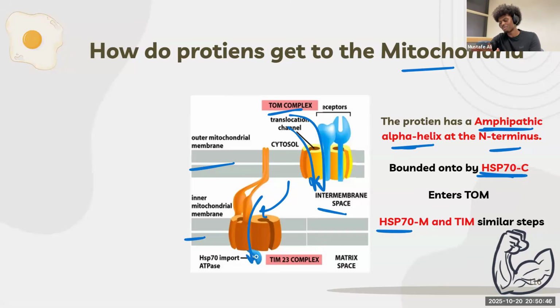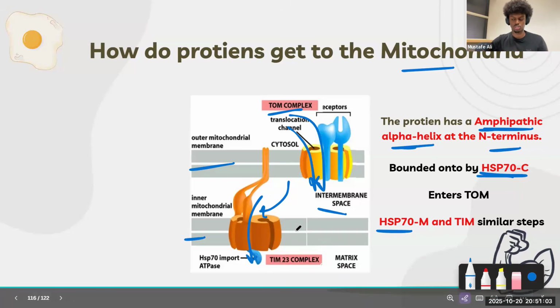Now, the N terminus of a peptide, I believe, is the amine end of the peptide. We talked about it really earlier on, I think. You said that in an amino acid chain, there is the amine end and the carboxyl end. The N end is just the amine. Okay? Now, this is what happens when proteins get to the mitochondria. I hope that made sense.